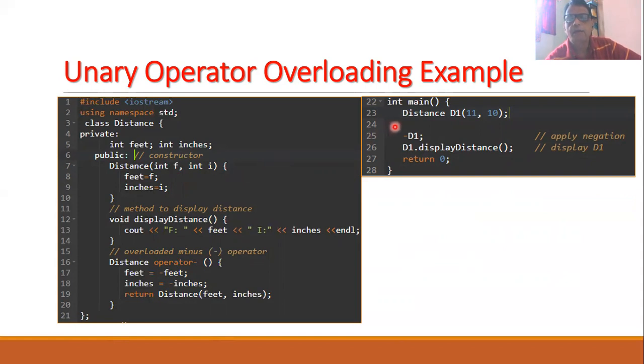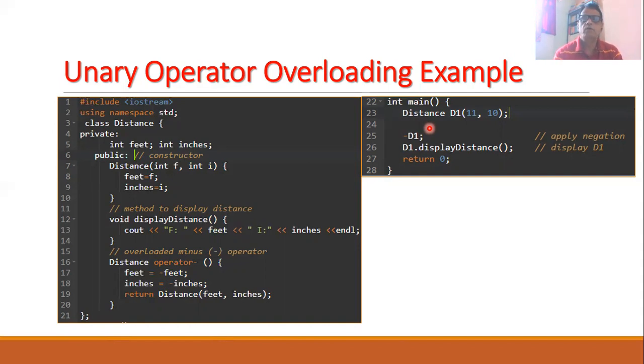And then I will apply the minus sign, or negation, to the object d1. So here you note that d1 is an object variable to which otherwise we cannot apply the minus sign, to which otherwise we cannot use this operator minus.